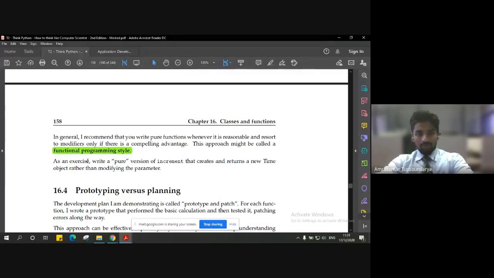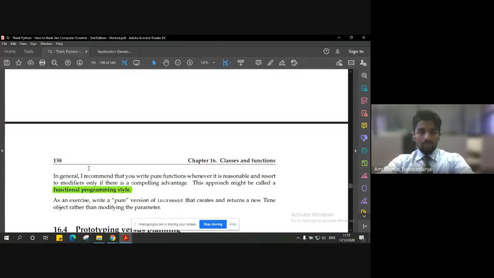Functional programming style, because we change according to the functionality of the program. So wherever possible, if there is a comparing advantage for the modifier, you can use the modifier, but it is always recommended to use a pure function, right?